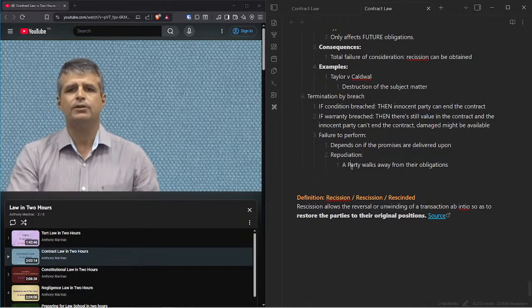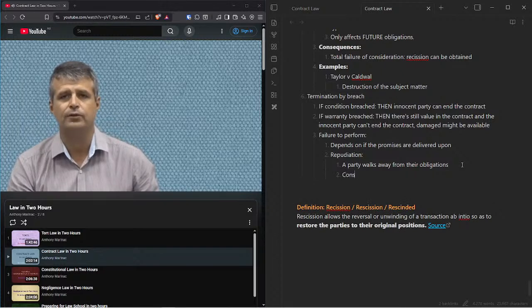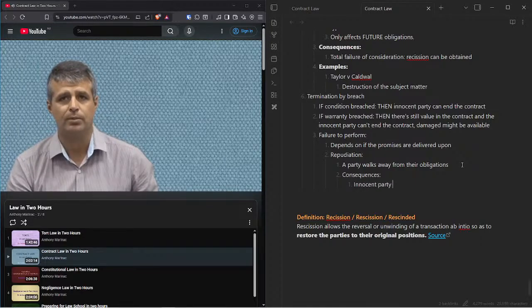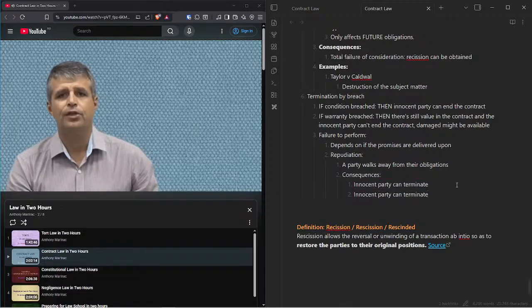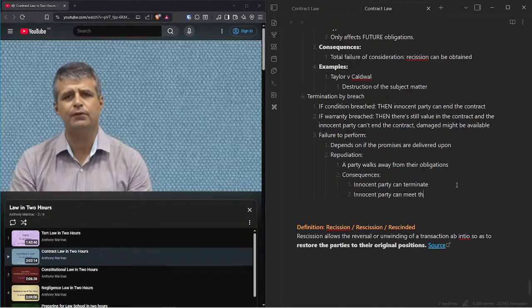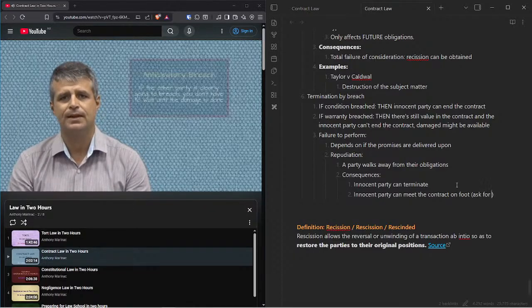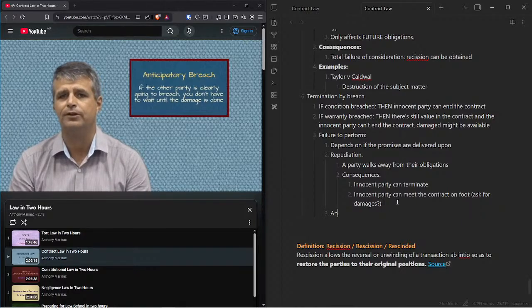Now, if you repudiate the contract, there's a number of things I can do about it. I can terminate the contract, of course, but I don't have to. I can leave the contract on foot if I want and demand that you either meet your promise or pay me damages for failing to do so. A third type of breach is a special breed of repudiation which we call anticipatory breach. This happens where the time hasn't yet come for someone to deliver on their promise, but it's clear to you that they're not going to.